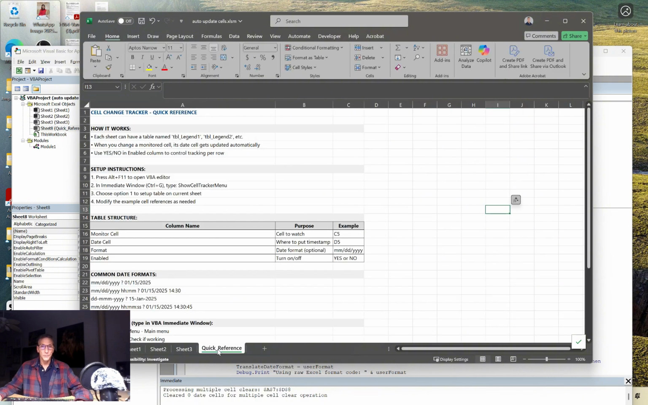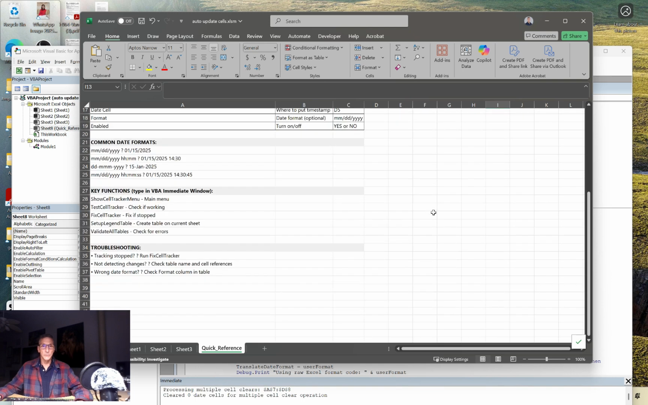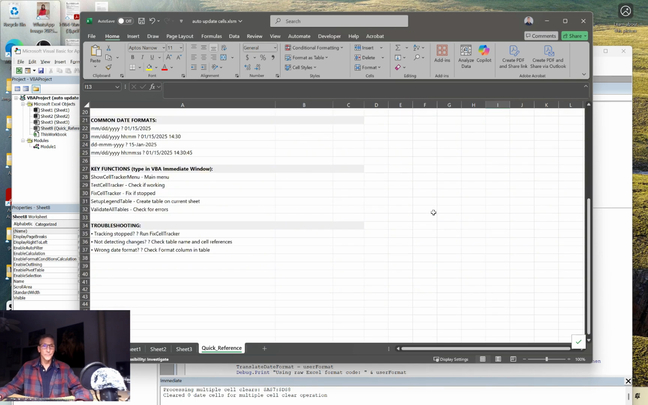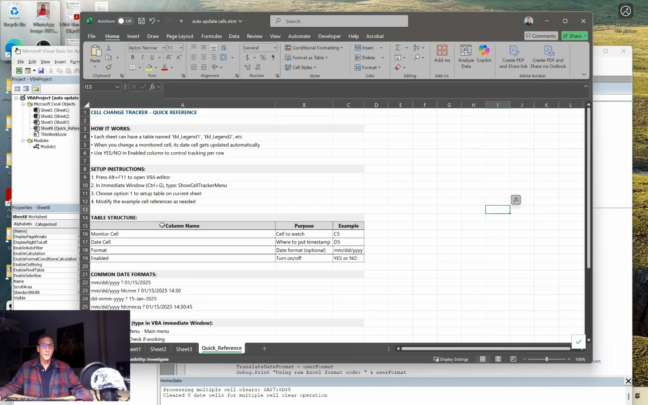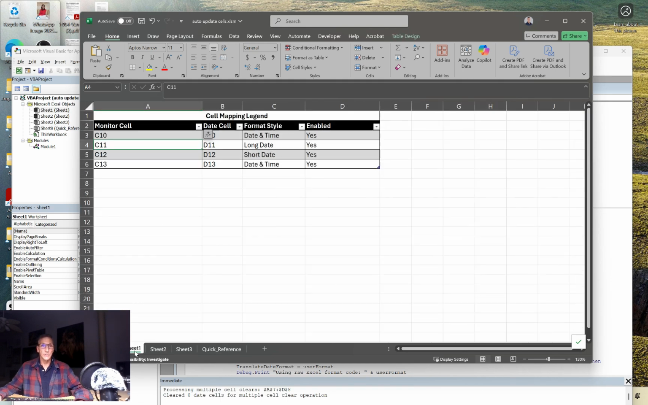Also, you do have a quick reference guide here. So this should tell you kind of how things are working. Oh, and it tells you some functions. That's pretty cool. So back to here. Cell C10. So first off, if you use a cell that's not C10 or below, C10 through 13, nothing will happen. Now, in C10,